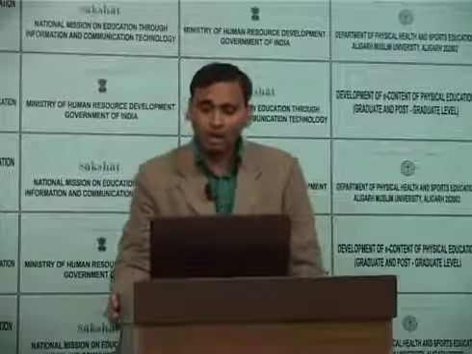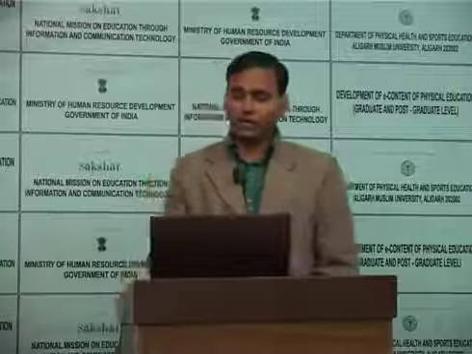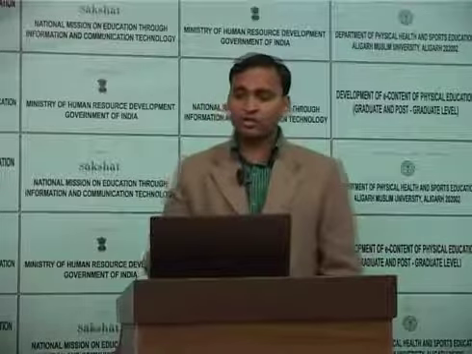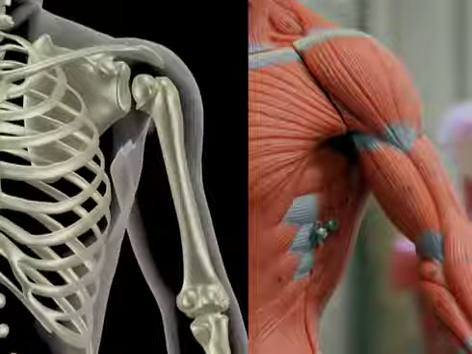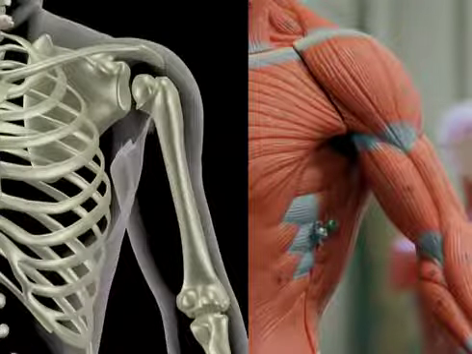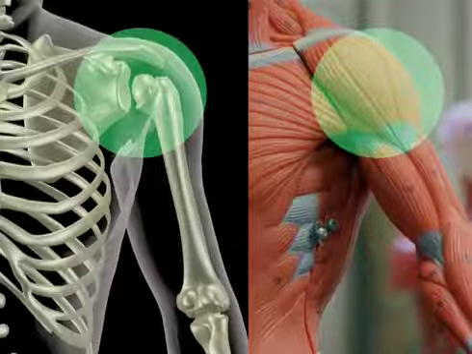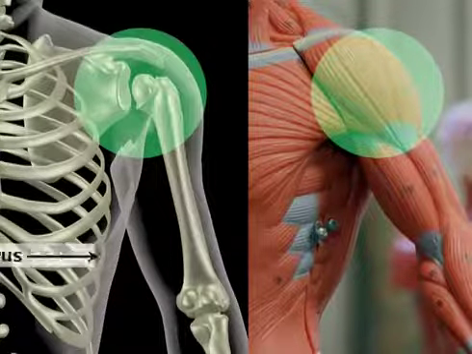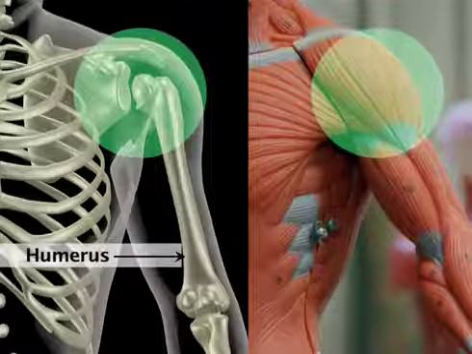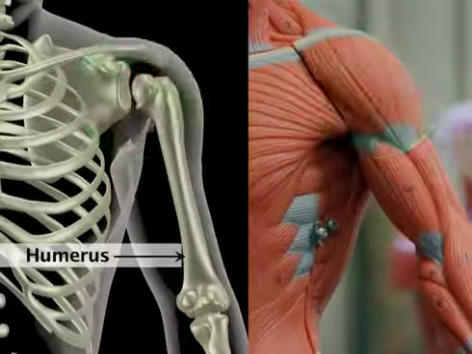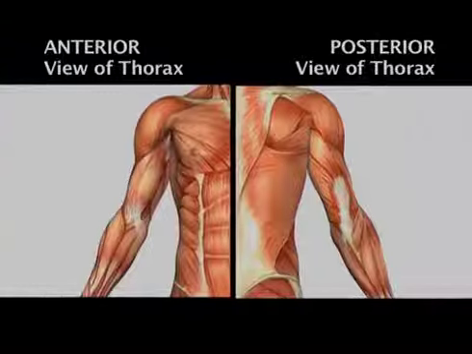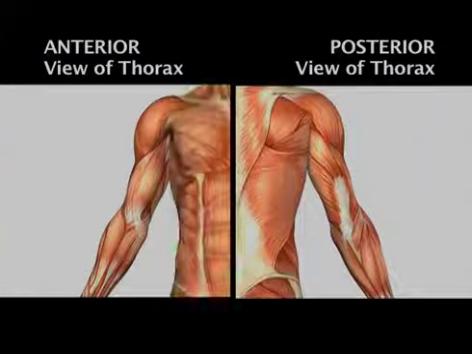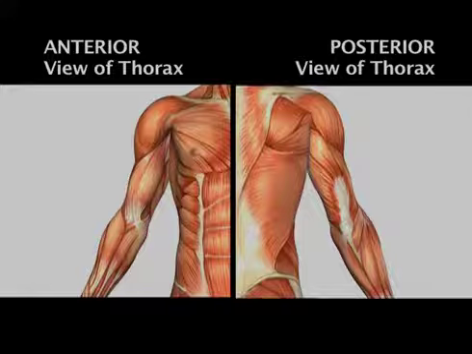Now I am going to discuss the muscles of the shoulder joint, the muscles which control mobility at the shoulder joint. The muscles of the shoulder joint are located between the shoulder girdle and the bone of the arm, the humerus. The bone of the arm is mainly the humerus. They can be divided into three compartments: the muscles of the anterior compartment, the muscles of the posterior compartment and